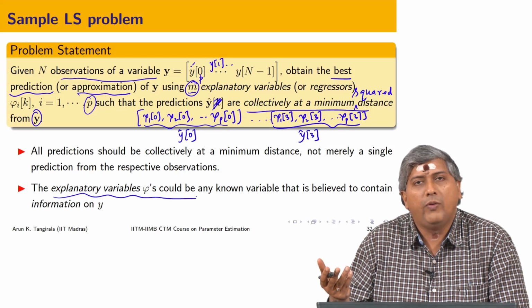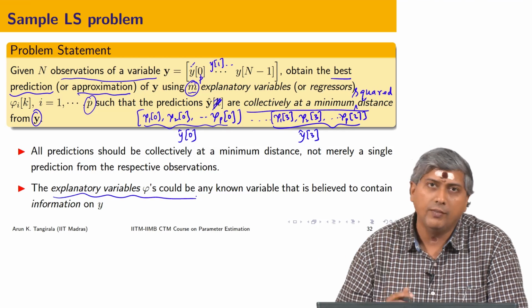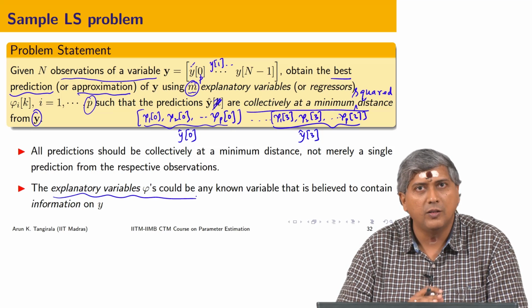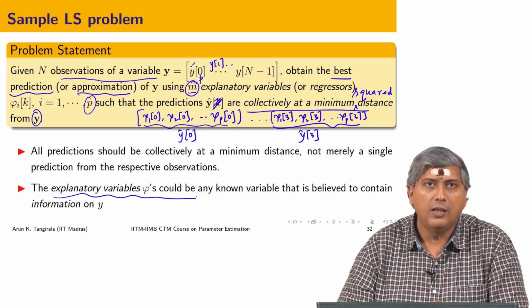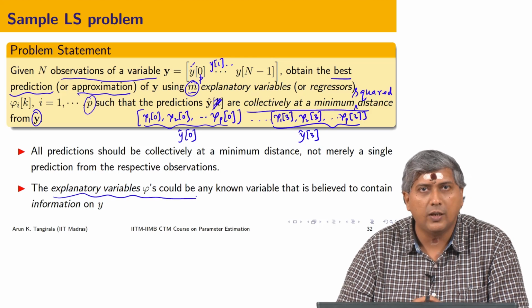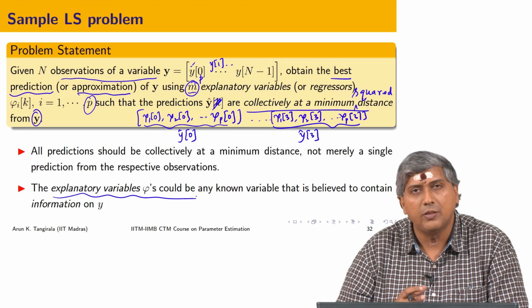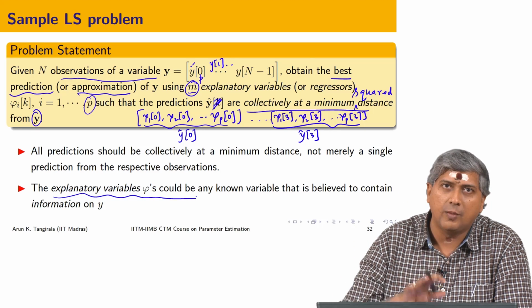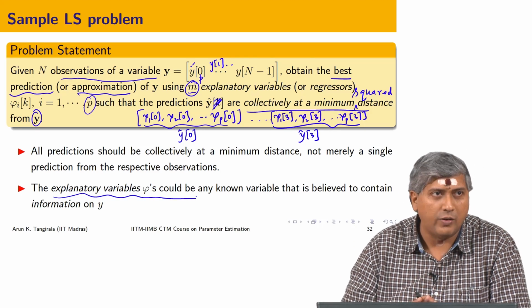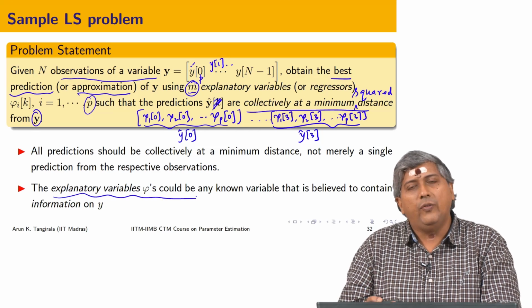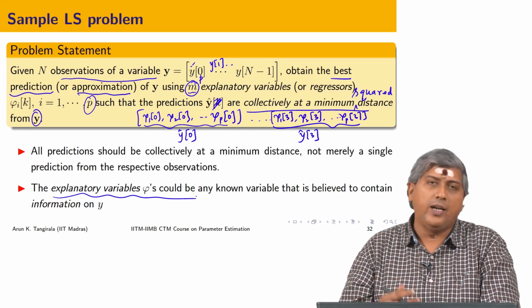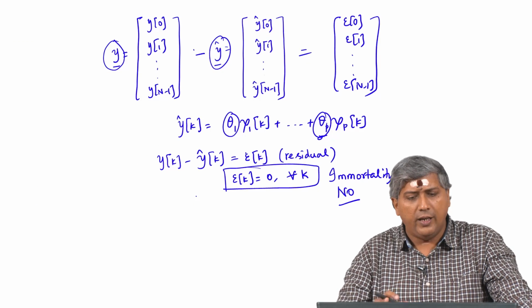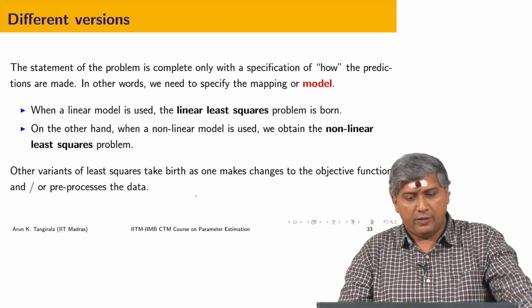Well, it could be any known variable that you think can explain y. They need not be causal variables. So, there is a difference between causal variables and explanatory variables. If you know that physically, or sometimes we do not necessarily go by the physics, we say oh that variable has information about y, I am going to include that if I know that. But generally scientifically we would like to have the explanatory variables to be causal variables. All right. So, let us not worry about that. Let us now get into the mechanics of the least squares.